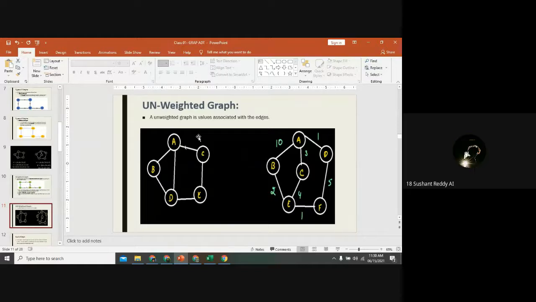Yes. Now the unweighted graph. It is the reverse concept of a weighted graph, which is normally known as the undirected graph. It means no weight is available. We can traverse from any vertex to any vertex. We cannot consider whether it is a shortest path or longest path. Anyhow, you can travel without any weight.